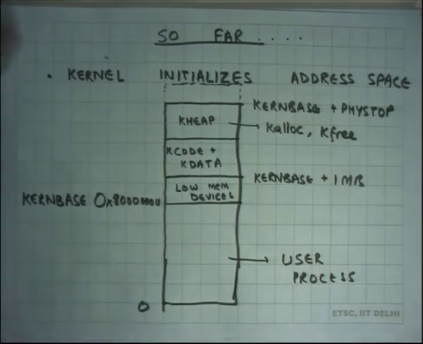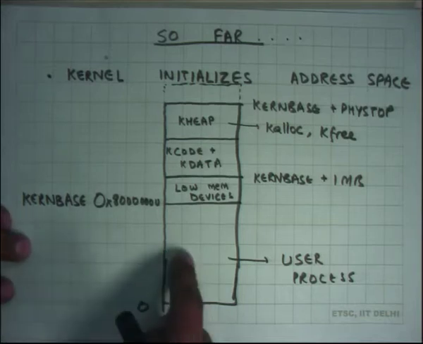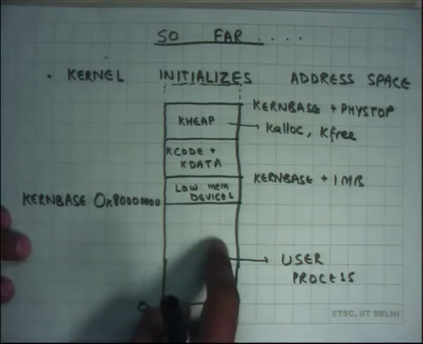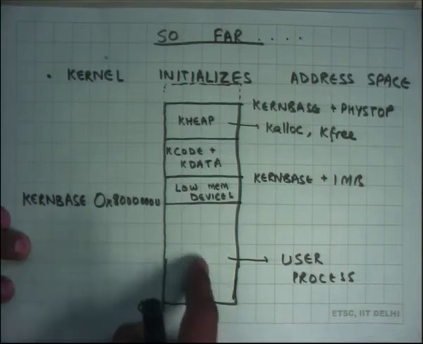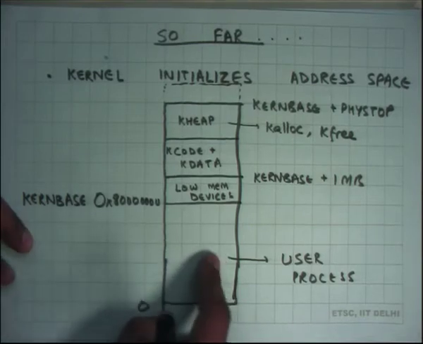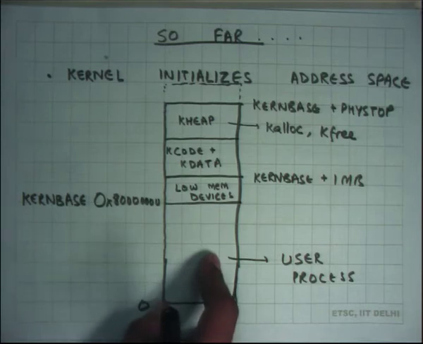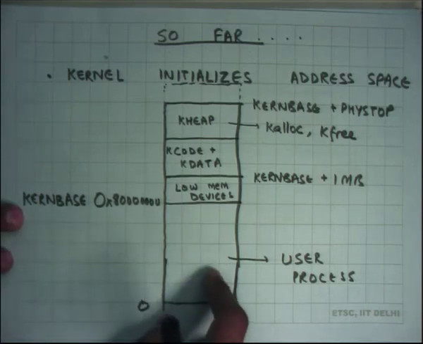So far we haven't seen any user processes, but now we are going to talk about how user processes are created, loaded and all that. We already have some idea. The user process will be executing in this space, so the user process's code and data will live in this space, its stack will live in this space, and its heap will also live in this space, right. If a user ever makes a system call,